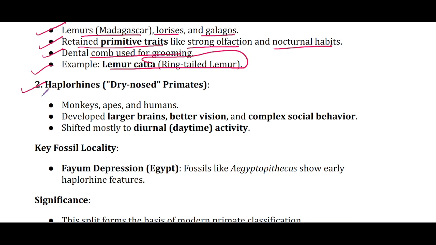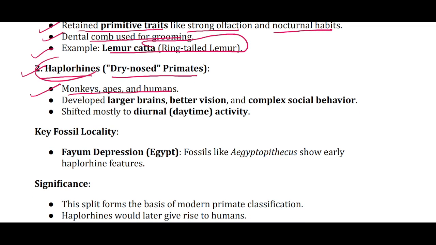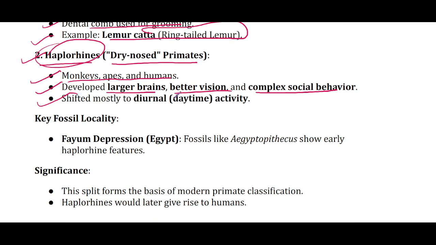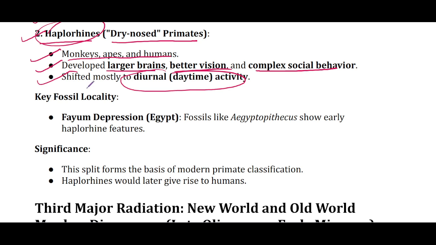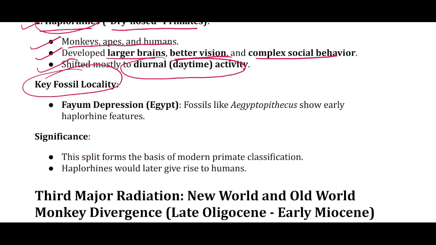Then the second group was haplorhine, also known as dry-nosed primates, that include modern monkeys, apes, and humans. It is this group that later developed larger brains, better vision, and complex social behavior, and they shifted mostly to diurnal or daytime activity. A key fossil locality is the Fayum Depression in Egypt, where fossils like Aegyptopithecus show